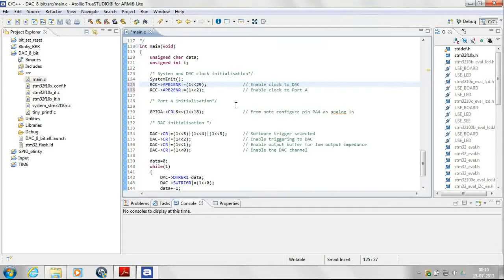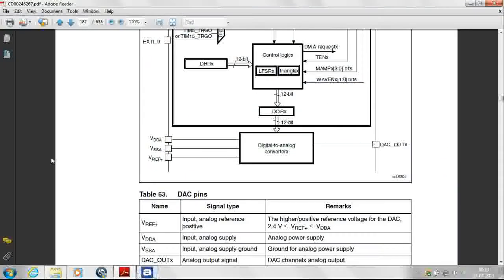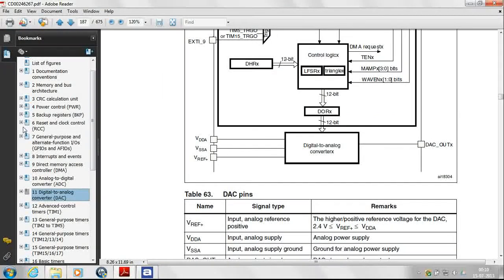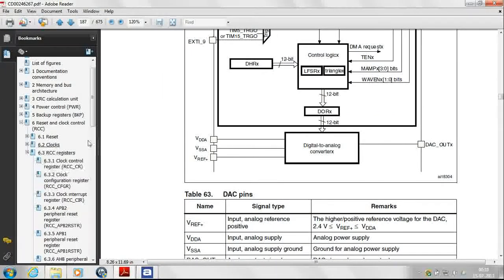Next, this time we have to enable clock to the DAC as well and port A of the microcontroller. This is because on the hardware, the chip level implementation, the output channel of the DAC is multiplexed with pins PA4 and PA5. We'll be using DAC channel 1, and for that we have to use the hardware pin PA4. So I'll just come to the RCC registers over here.